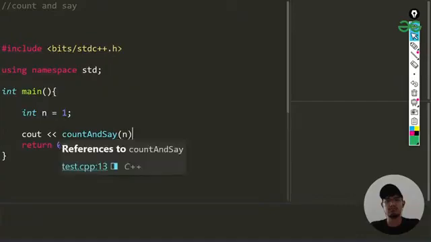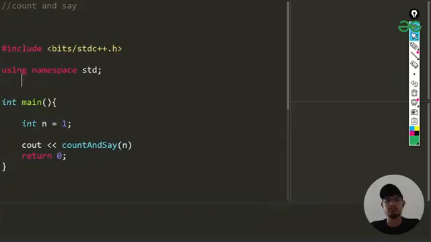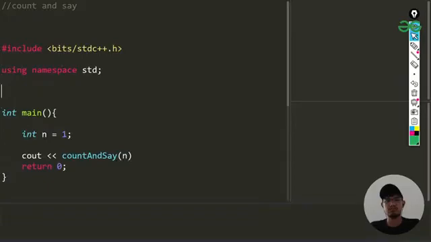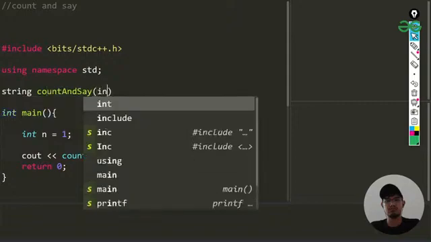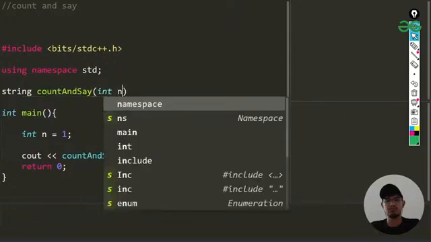So that is going to be working fine. Now let us solve this question by writing the function here. We are going to be talking about this function as this question is going to be returning a string. As it's going to be returning a string, I'll be making a function for string type, not a boolean again. So you can see we have this string, then I'll be having this countAndSay function. In this I'll be just taking integer n.